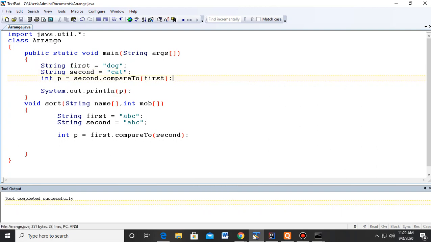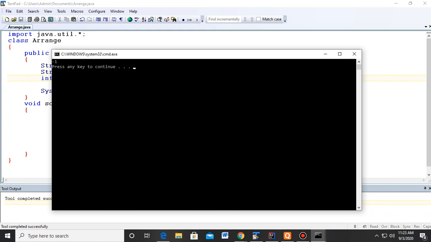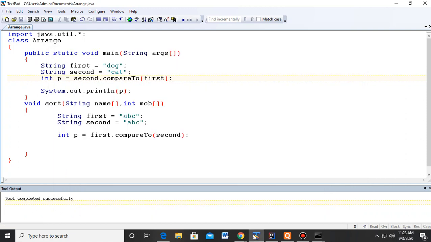The difference will be negative because this time the first value comes later in the dictionary. Dog comes after cat.